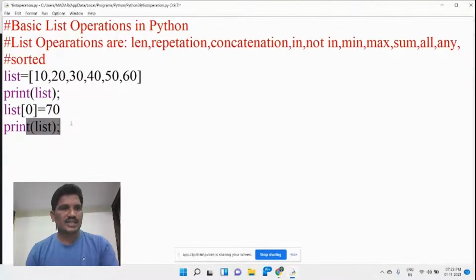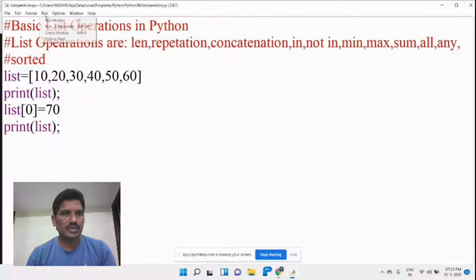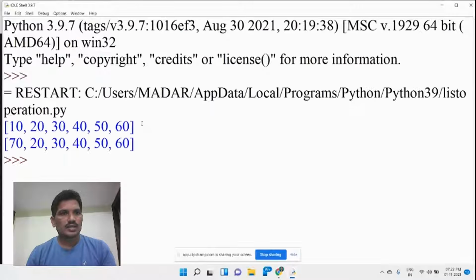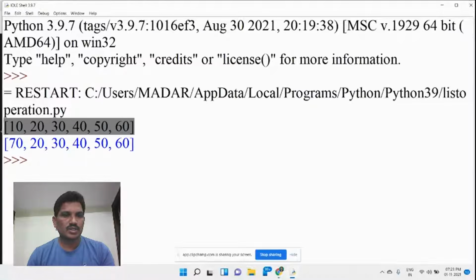Once you display the list again, I save this program and run this module. Previously, what was the output we got? 10, 20, 30, 40, 50, 60. Because the 10 has been replaced with 70, you can see the output. The lists are mutable, isn't it?